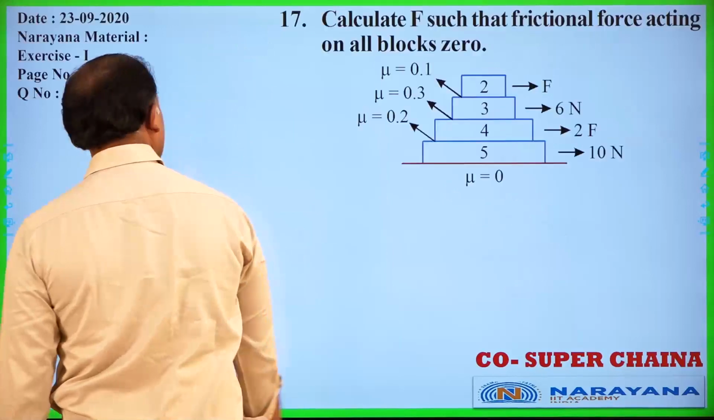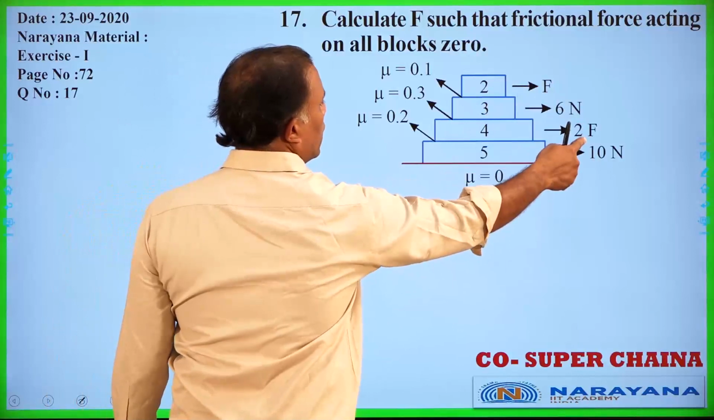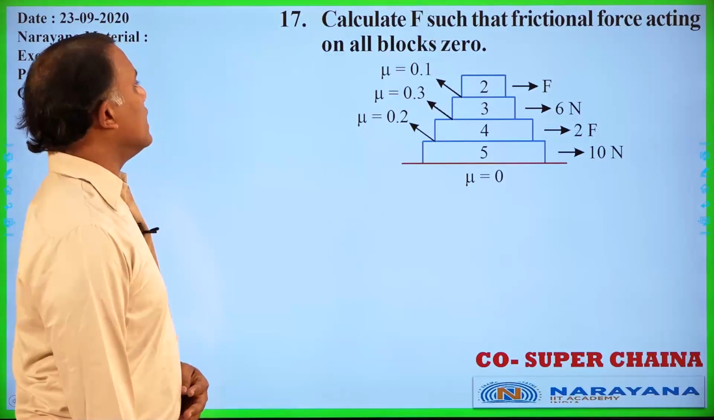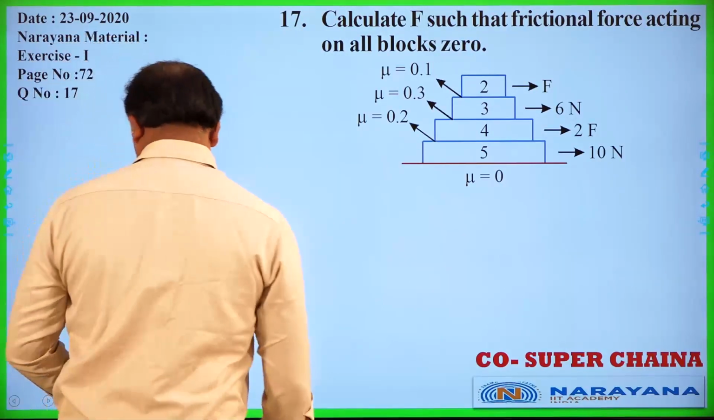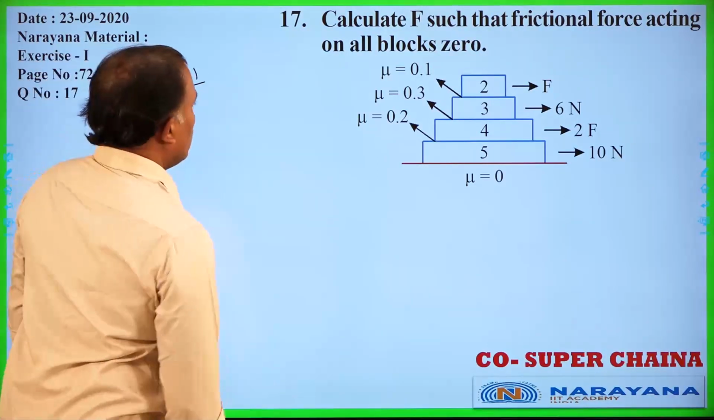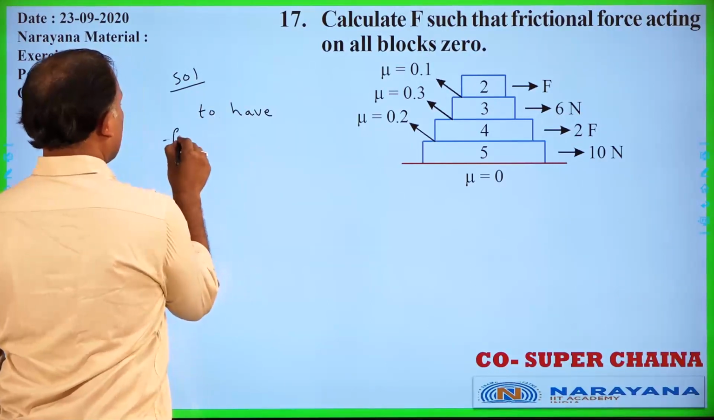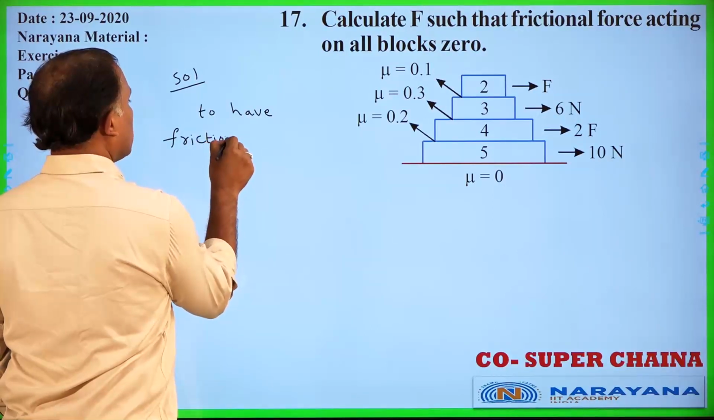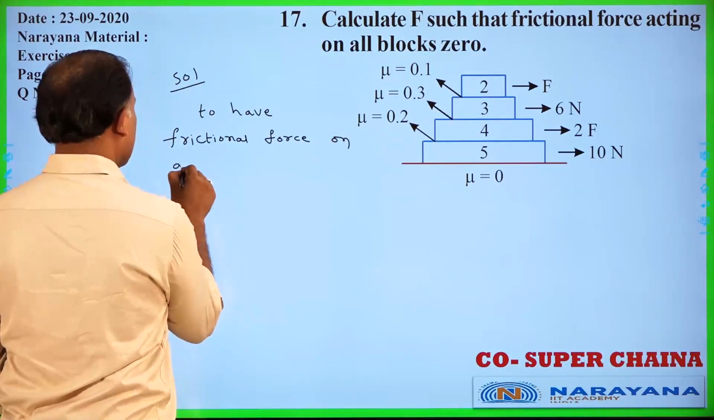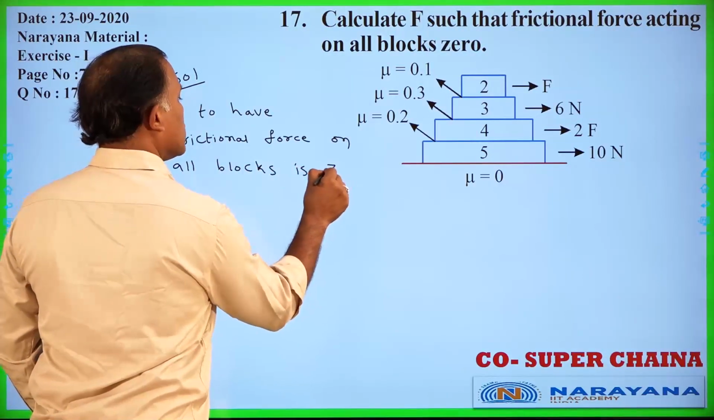That is about that question. And next, one more question. Calculate F. Here it is F, here it is 2F. The frictional force acting on all blocks is 0. So, solution, let us see here. To have frictional force on all blocks 0,